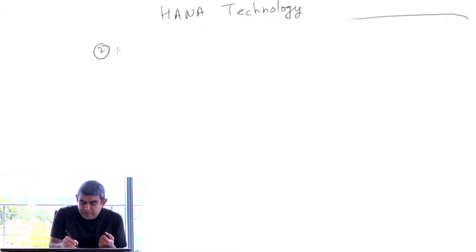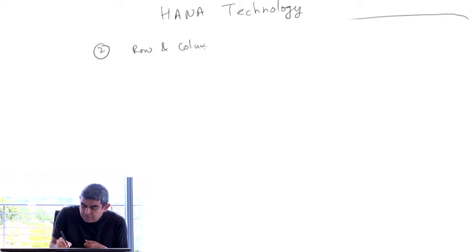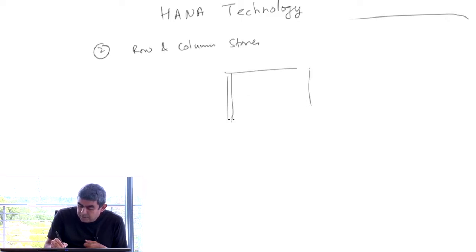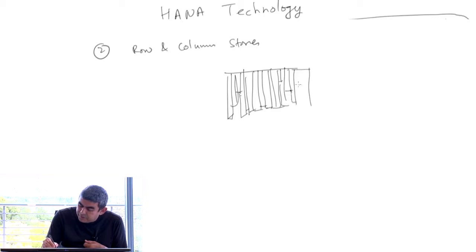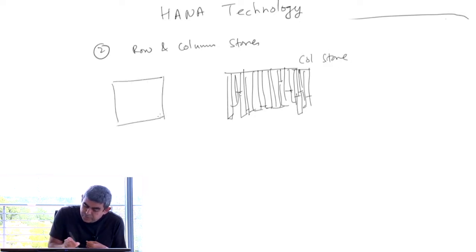Second big one in HANA is the row and column stores. The column stores are basically like that. So columns, they are not all uniform, and I'll get into the reason for why that is. But basically, you take a relation which sort of looks like a table or an Excel spreadsheet and store everything about it in columns. And so this is column store, and you have the row store, which is more traditional,